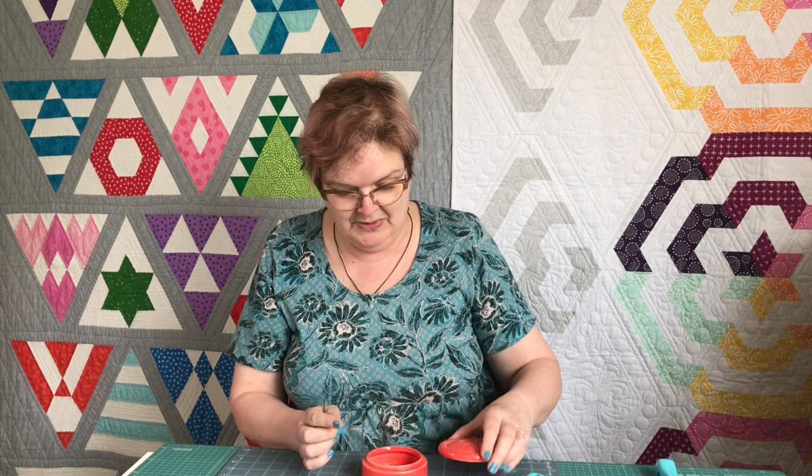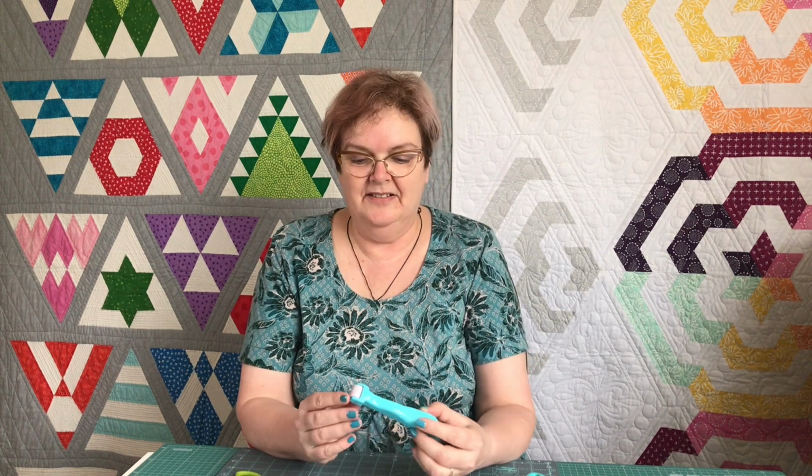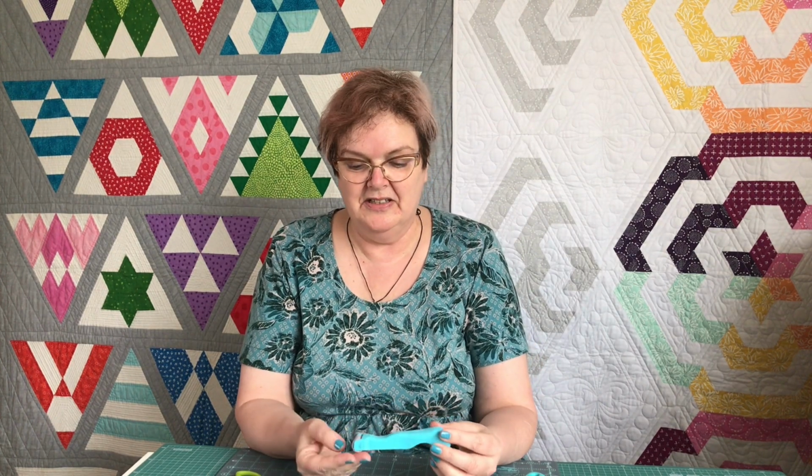I have my little scissors, which I use for clipping off corners because we get lots of little tiny 1/4 inch triangles when we're sewing, and I have my little pot that I put them in just to keep things a bit tidy. And then finally I use this tool a lot, and this is the